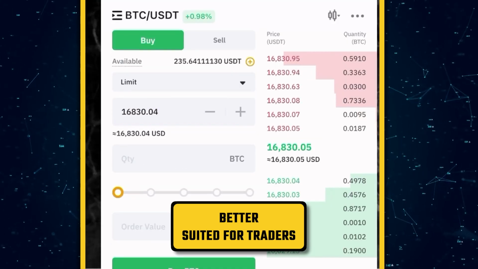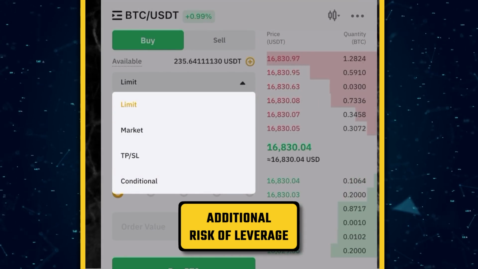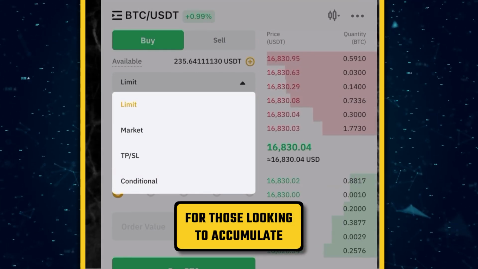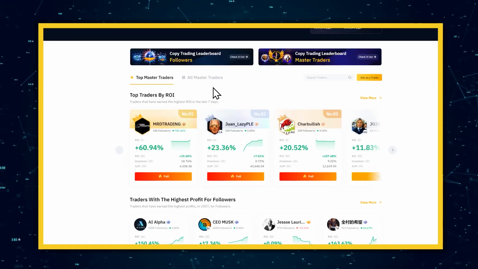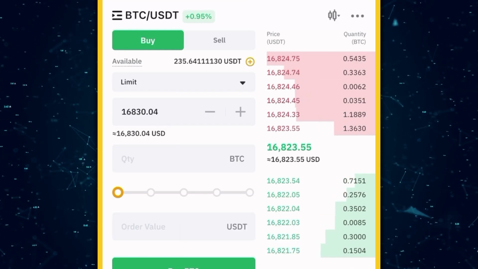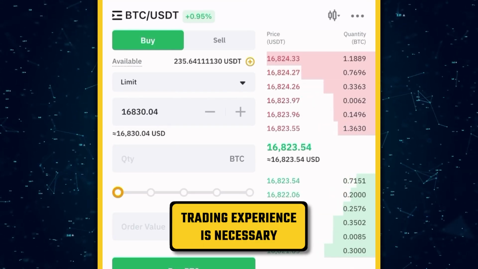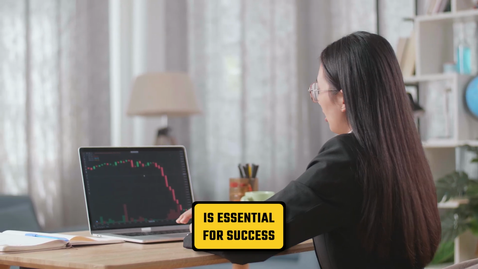Spot trading is better suited for traders who prefer a more straightforward approach without the additional risk of leverage. It's also great for those looking to accumulate cryptocurrencies over time, since you own the assets outright. Both derivatives and spot trading offer unique benefits through copy trading. While no extensive trading experience is necessary, educating yourself on trading basics and risks before you begin is essential for